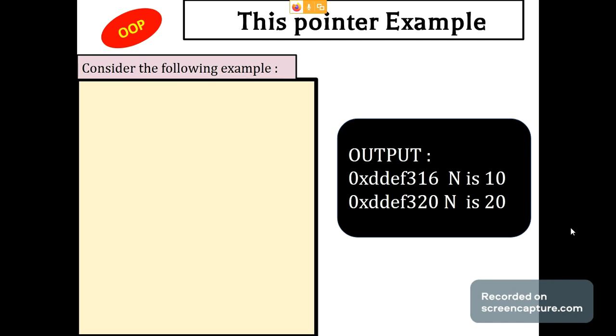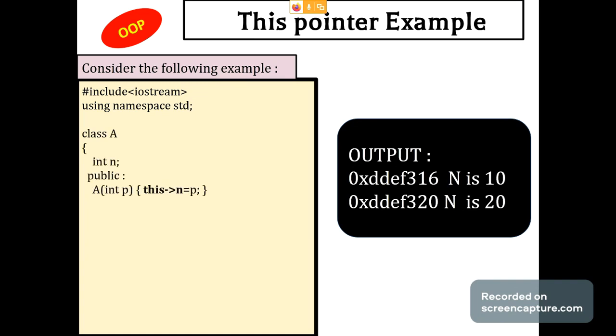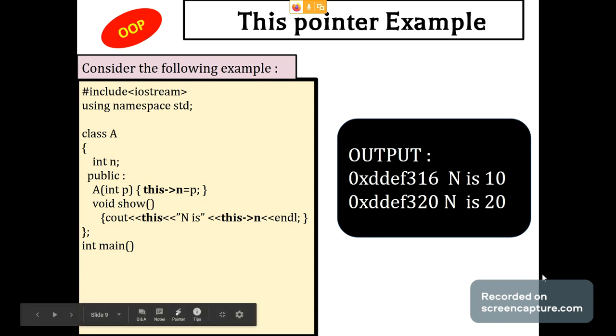Now consider the following example, where I have the same scenario. I am writing a similar program, but here I write this arrow n is equal to p. Just observe, first you were writing n is equal to p, but now you are writing this arrow n is equal to p.